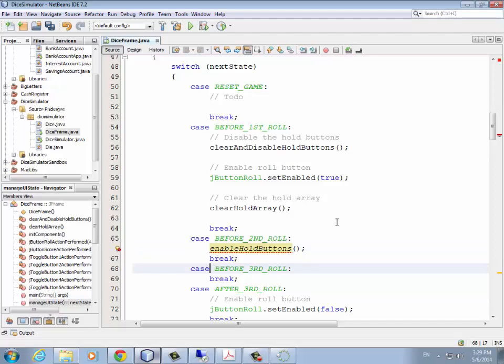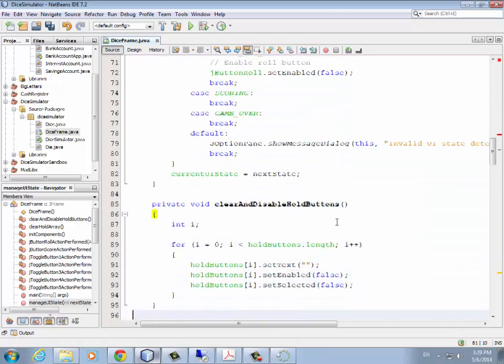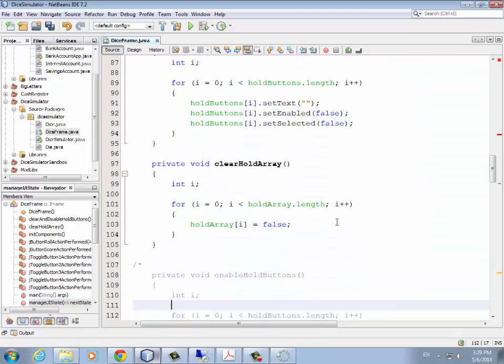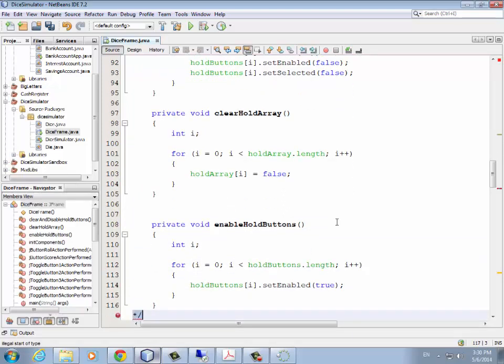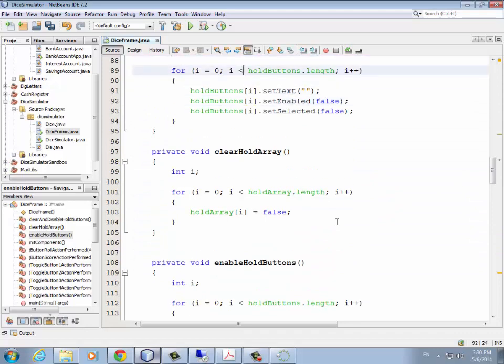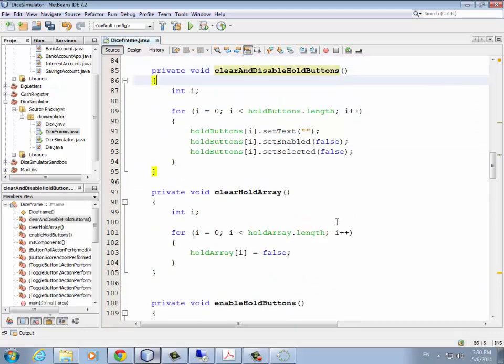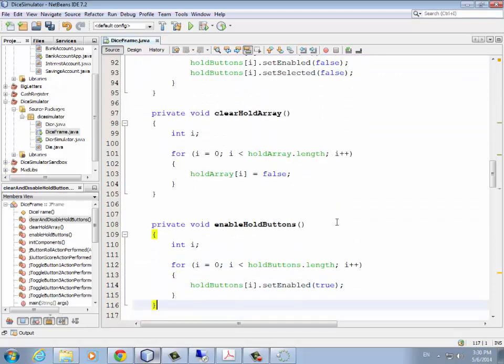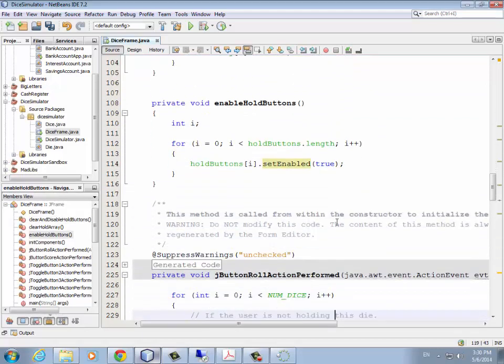Okay, so let's look down below. And again, I've kind of coded this ahead of time. And here, again, we just do the tight loop. And we say hold buttons.length. That's all the same as this one here, inside disable hold buttons. For enable hold buttons, we just go through the hold buttons and we set enable to true. Okay, so back up to